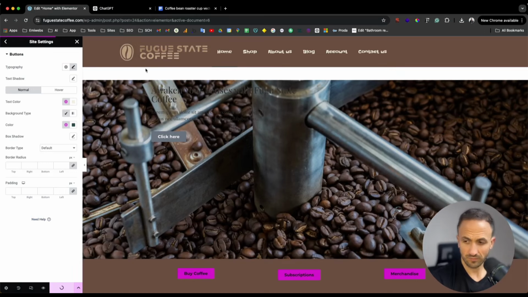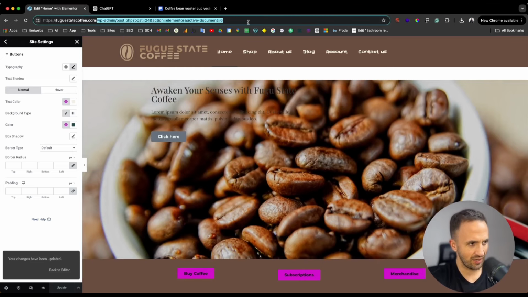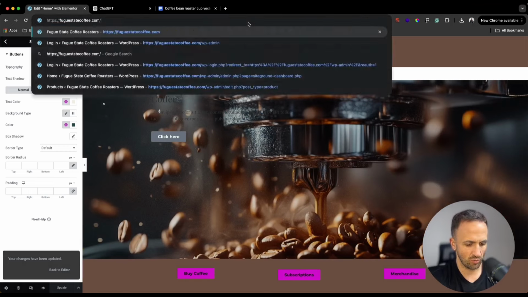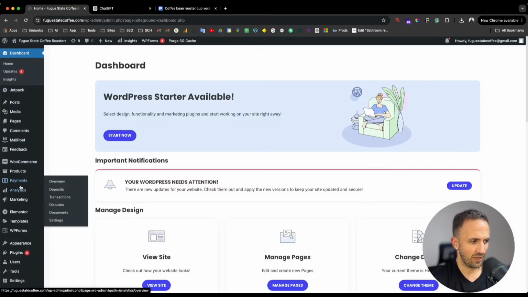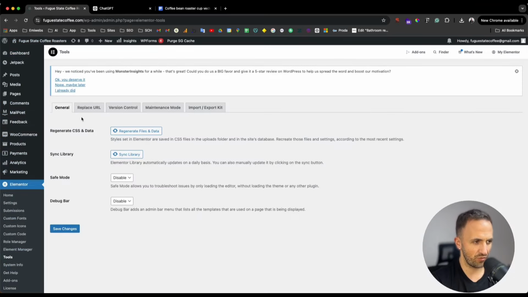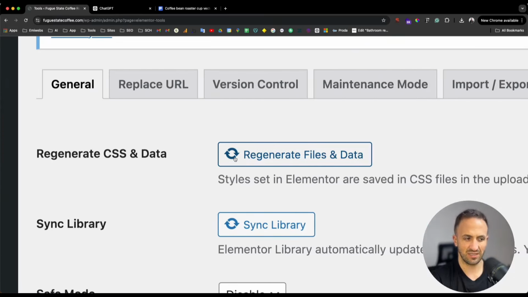Bang, done. Sometimes, don't forget, I'm going to show you, this is important. Sometimes when you do all these edits, go in here, which is this dashboard, because this is important. It happens to me sometimes. You need to go through Tools, and here in Tools, go through General and then say Regenerate CSS and Synchronize Library,